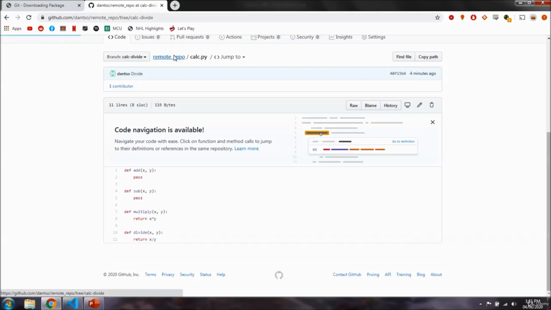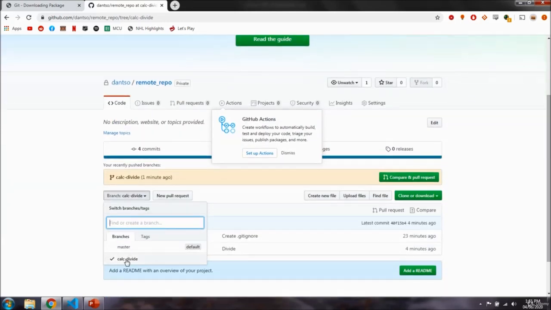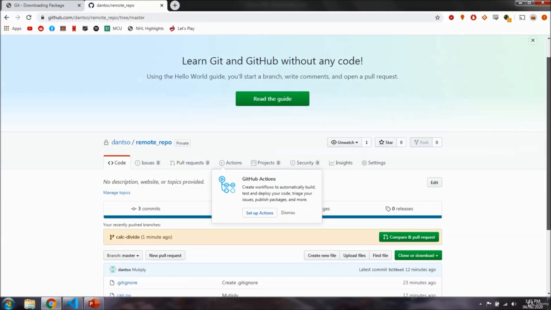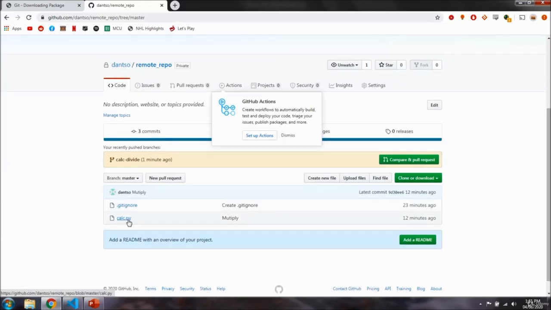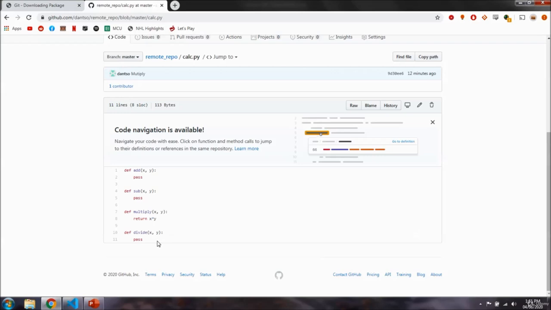But if we go back to our master branch and check out this code, you can see that the divide function has not been modified because we have only modified it on that second